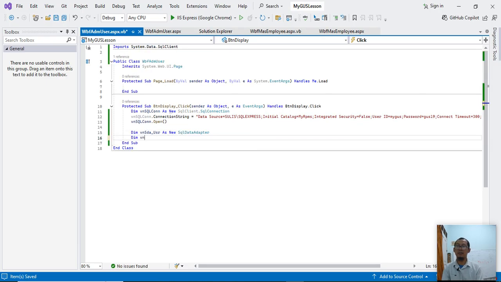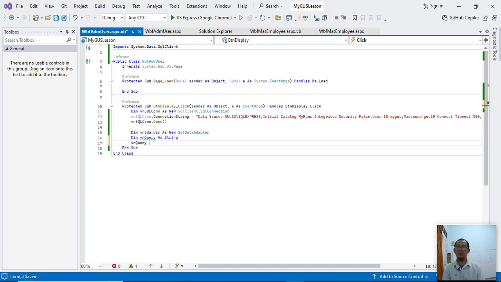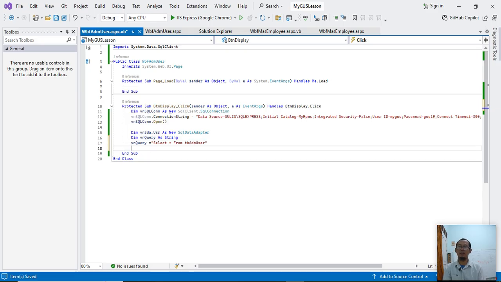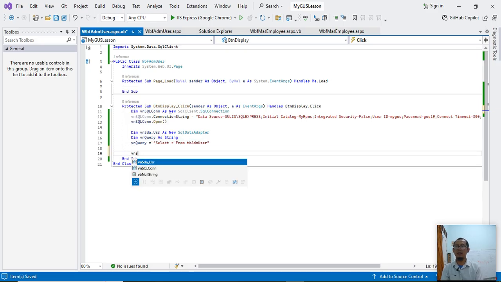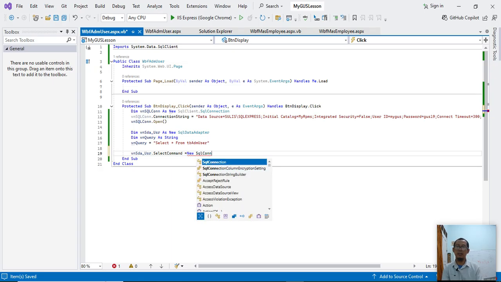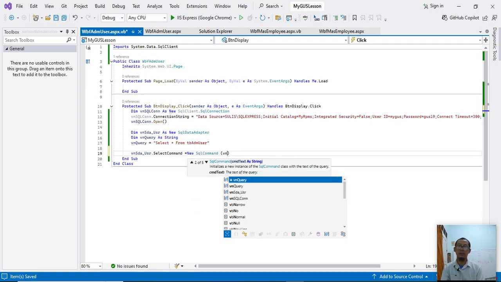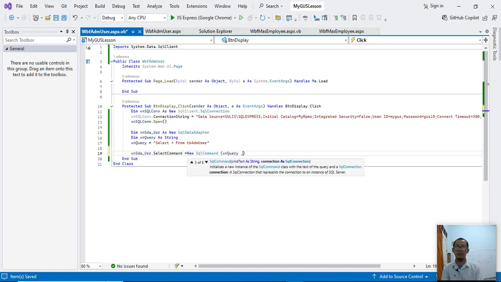Now let's define the query. The query equals select asterisk from TB ADM user. Now let's set the query to our SQL adapter. Select command equals new SQL command, the query, vn as the user.